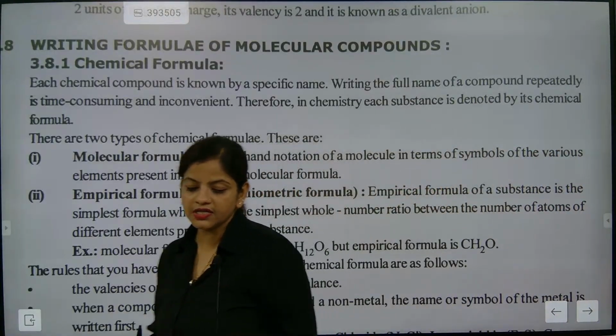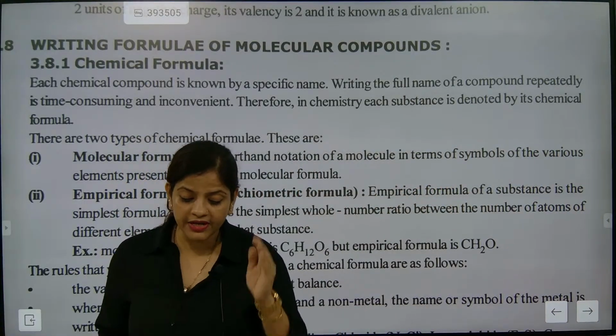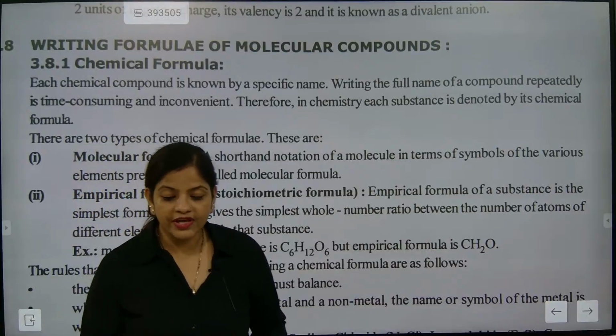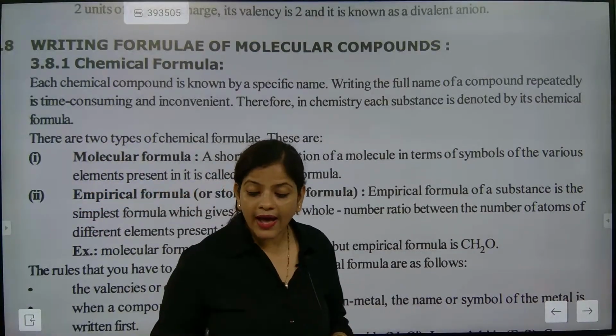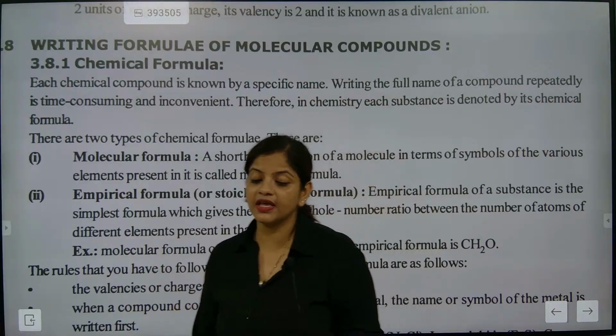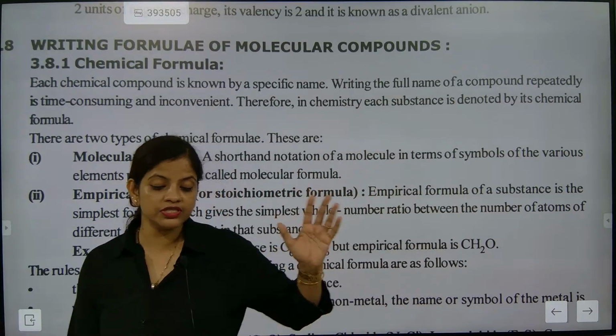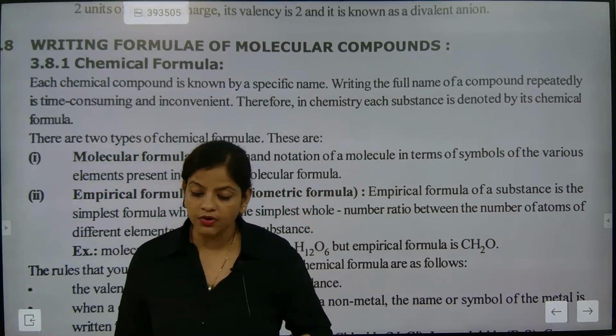Now you need to understand that when somebody asks you this simple question, why there is a need of making a chemical compound, then you say that chemical compound,